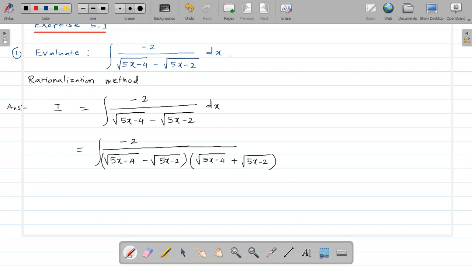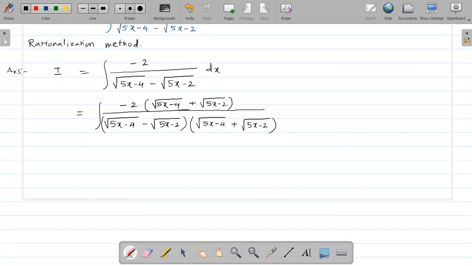So you multiply the denominator by just taking the addition sign between the given two terms, and if you multiply the term in the denominator by this term, then you have to multiply the numerator also. So in the numerator I will write the same term. So this is the rationalization method. Okay, now what will you get after this? You will get the simplification of the denominator. Now numerator remains as it is.